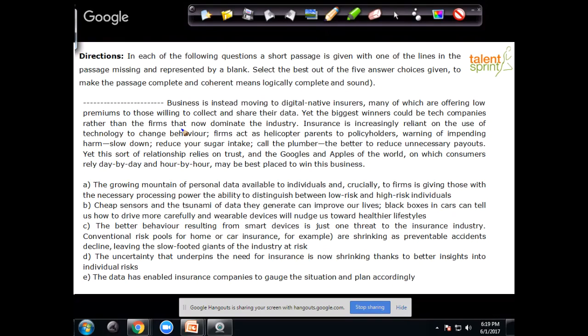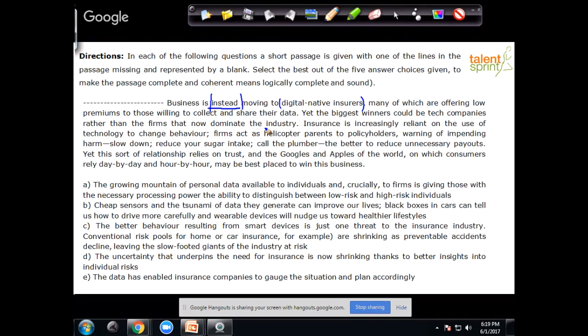So usually we also look at the surrounding context, which will give us some sort of a clue. One of the clue words that I have right here in the second sentence is, business is instead moving to digital native insurers. So quickly, when you're reading, identify some keywords, many of which are offering low premiums to those willing to collect and share their data. Okay, and if you look at the other context,